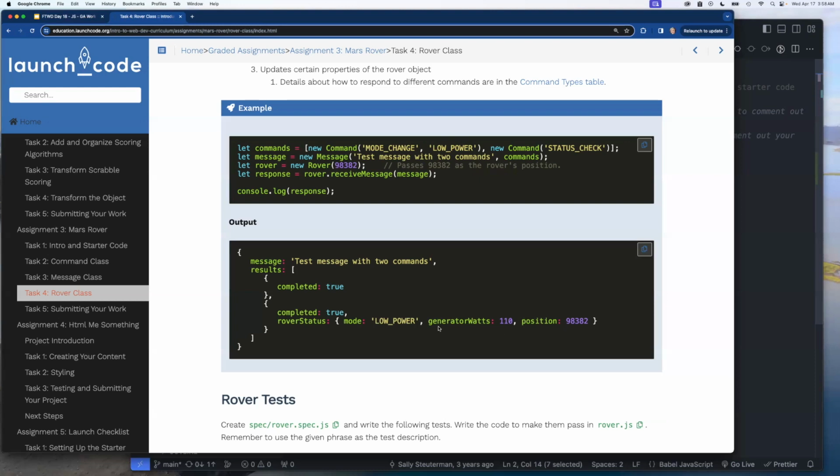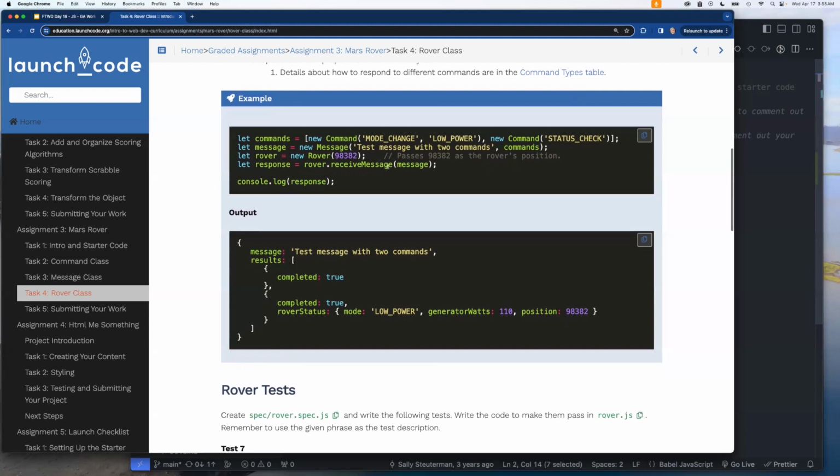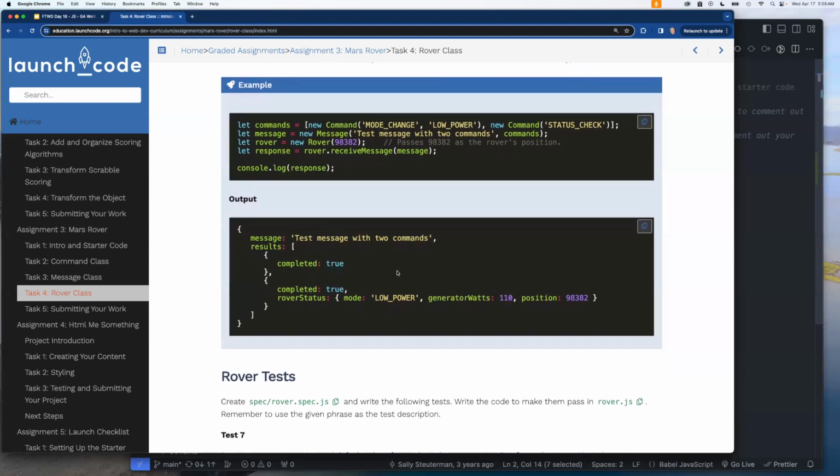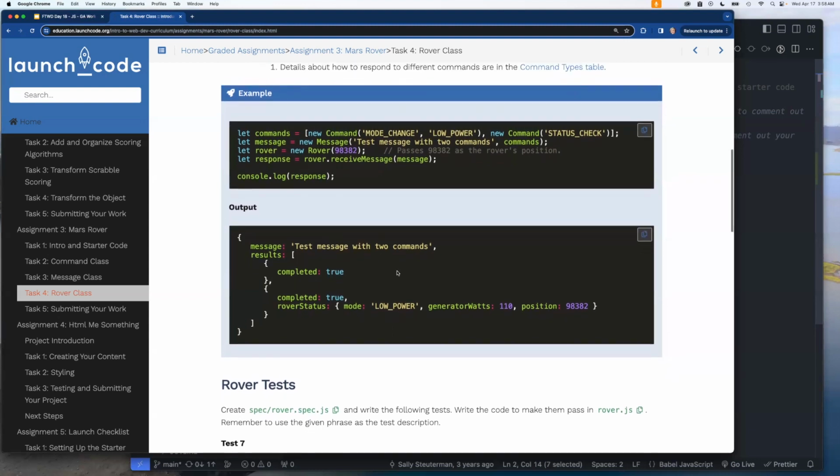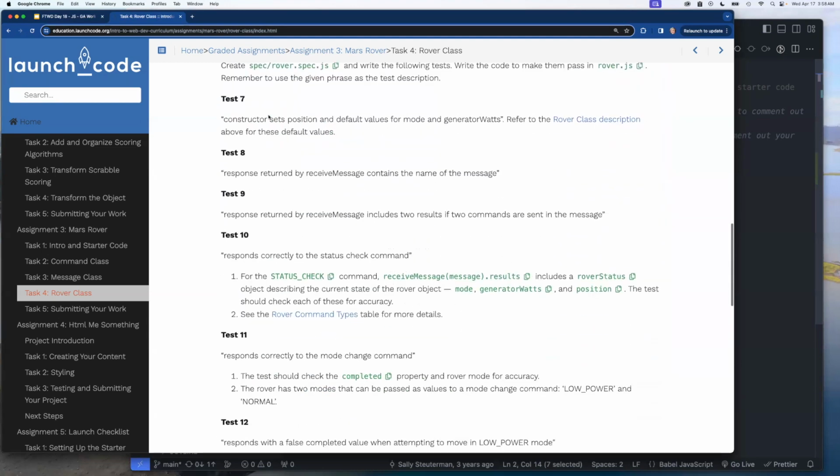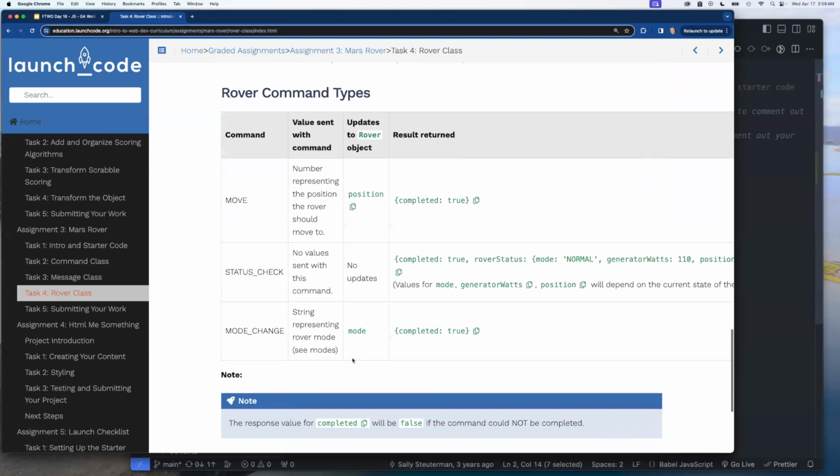So that's why these values should always represent whatever the current value is. Let's look at this in a little bit more detail so that you understand the difference between these commands. We're going to have to unpack this a little bit at a time, and it's okay. We'll come back up and look at this in just a second. I'm going to skip over the test requirements for a second because I want to come straight down here